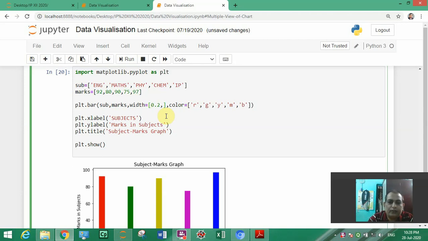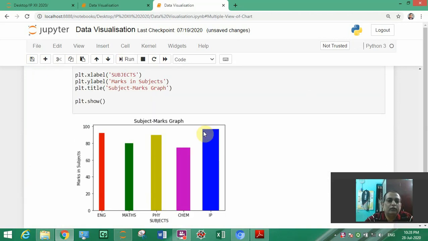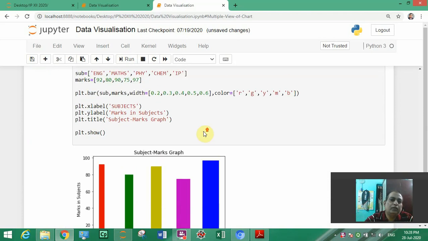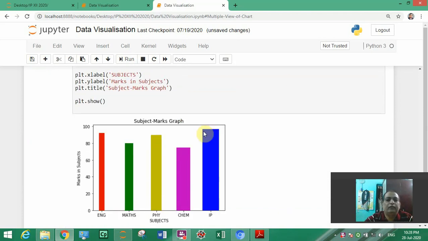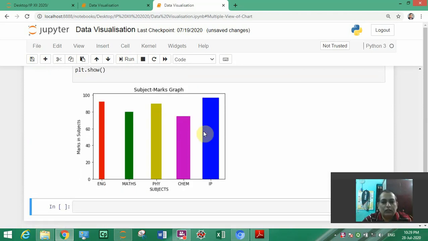So 0.2 have been given, so 0.3 comma 0.4 comma 0.5 comma 0.6. So 5 times I have given, and we will see what is coming in output. So here we can see all the bars are having different width and different colors.